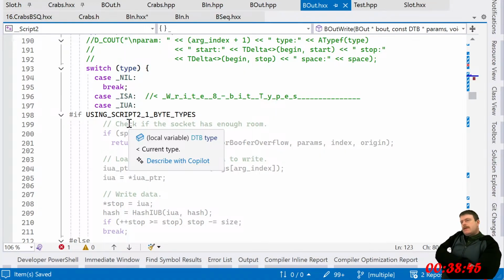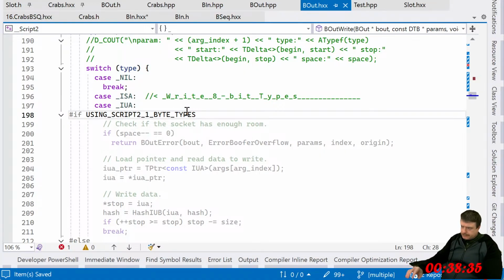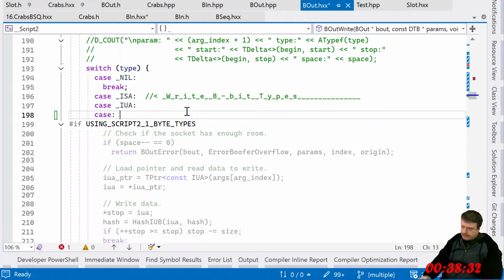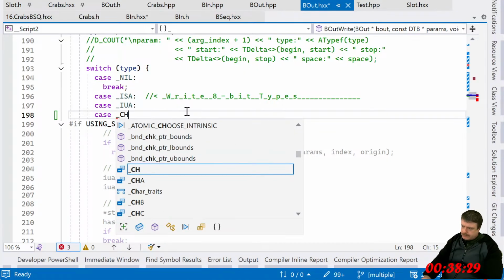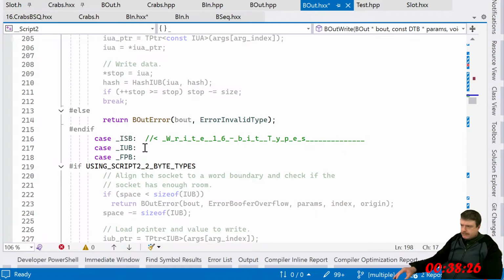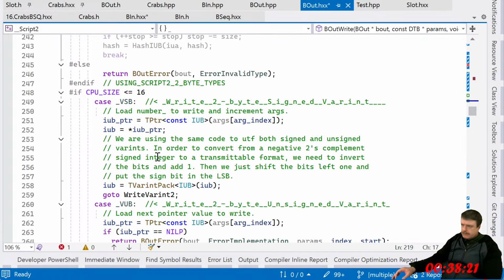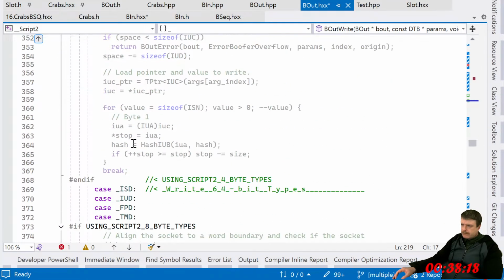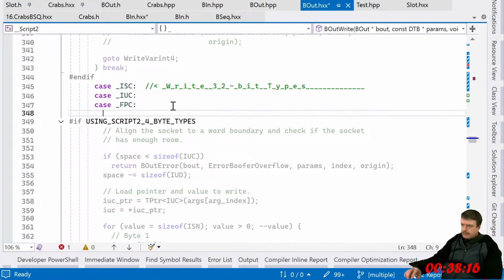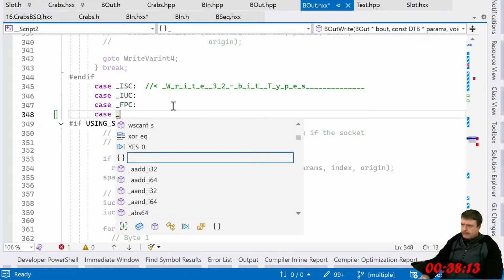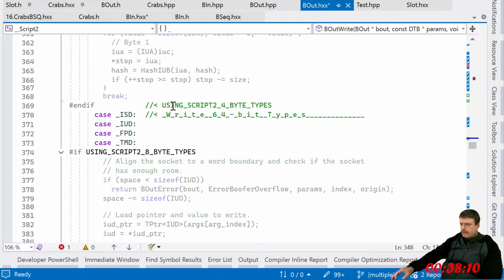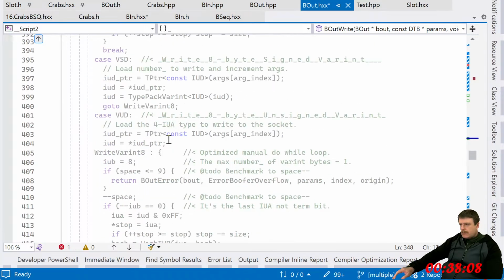And then the switch statement will just load one of the elements of that table. Okay, I got that.